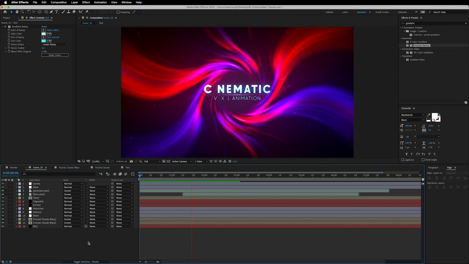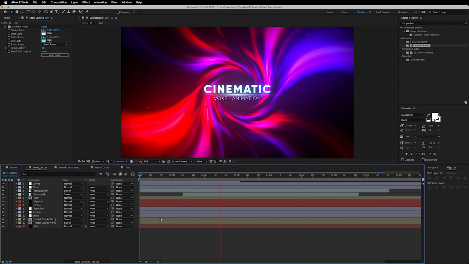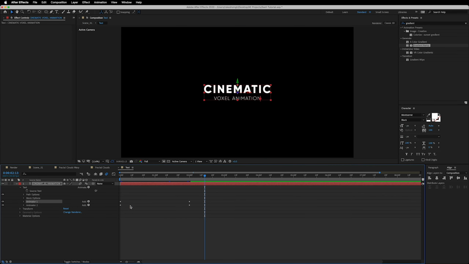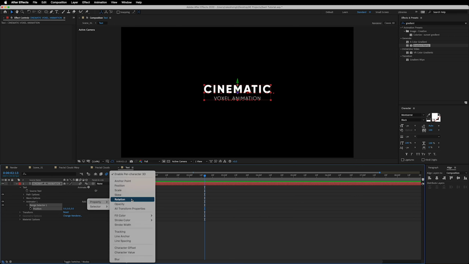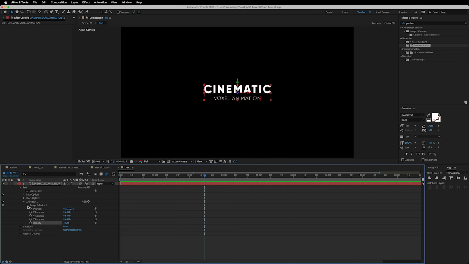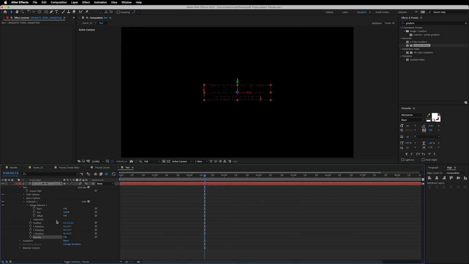And yes, I think we're almost there, but it seems like we need to make our text animation a bit smooth, right? So we'll quickly jump into this text comp and quickly delete this animator 1 and 2, go to animate, and we will add a position, and then we'll add a rotation and also one opacity. Okay, then we'll open up this range selector, and then quickly we'll decrease the opacity down to 0 like this,